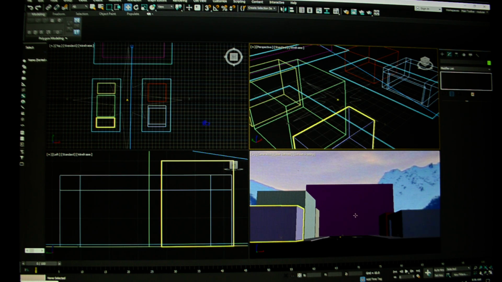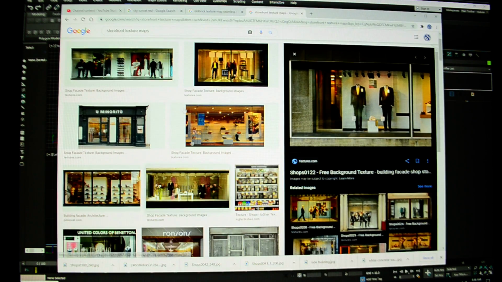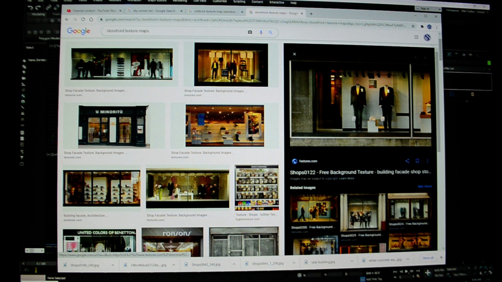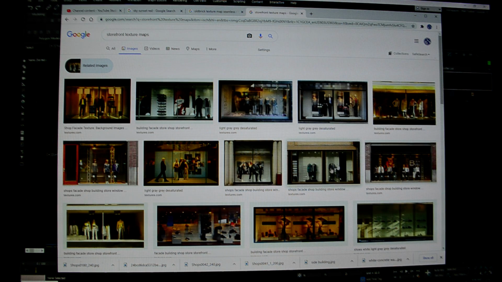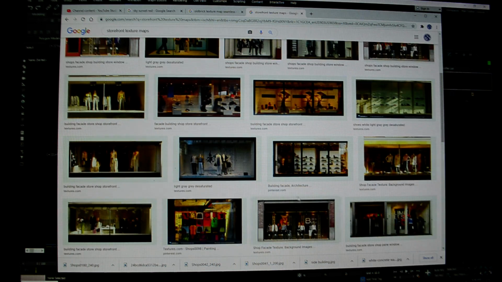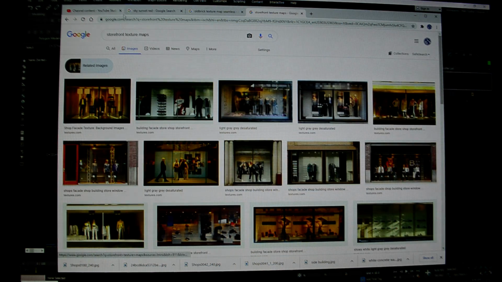Okay. So let's see, this looks like a big office building, so those tend to be easy to find. Okay, so all I did, storefront texture maps, clicked on one, and it gave me a whole bunch more. I clicked see more, and you know, I can stick all of these in an inset like that, which would work nicely, and then use my brick to create the rest of the building, and problem solved. Okay, so the other one we want is